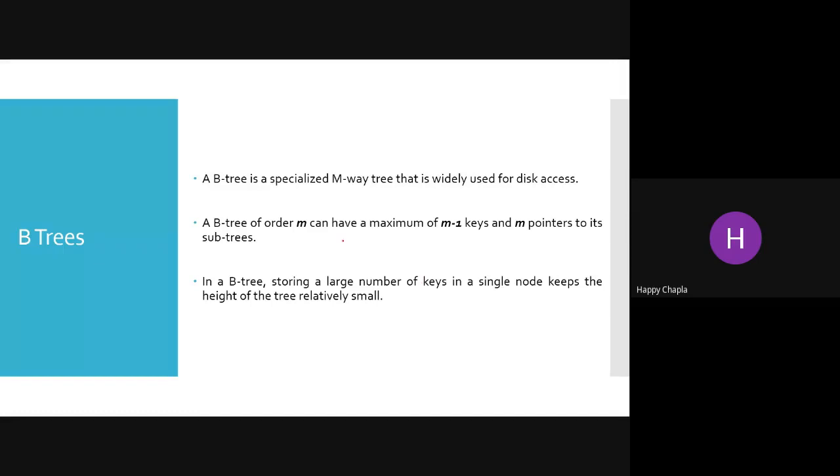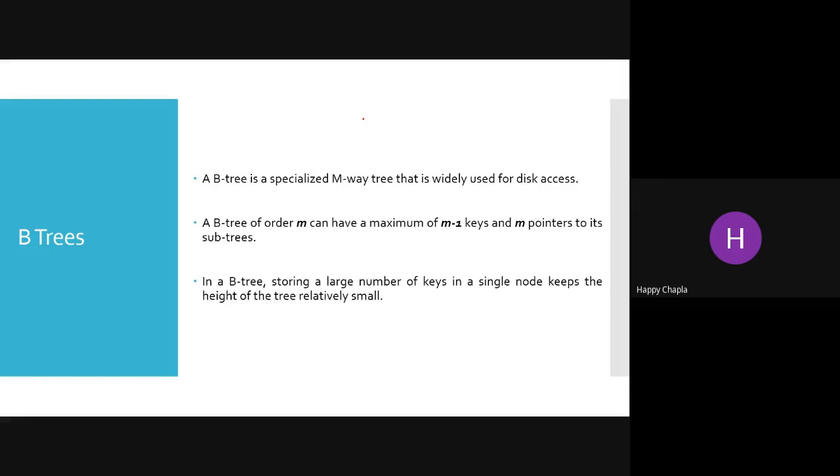Okay, now a B tree is a specialized m-way tree that is widely used for disk accessing. Now in the disk you are just trying to implement this m-way B tree, right? That if you want to access the memory location 105, you cannot go to less than 2, right? A memory address is 2, so no, you cannot move to the left of 2, but you have to move in the forward direction of memory address 2. Okay, so this is something like this.